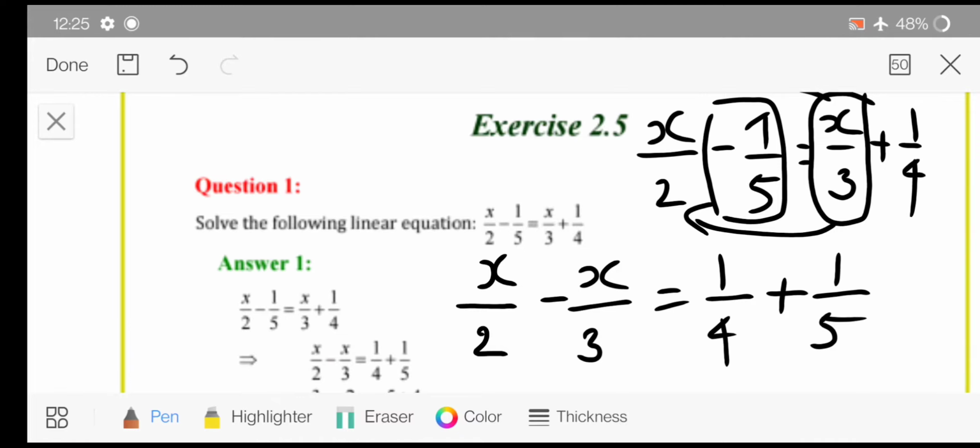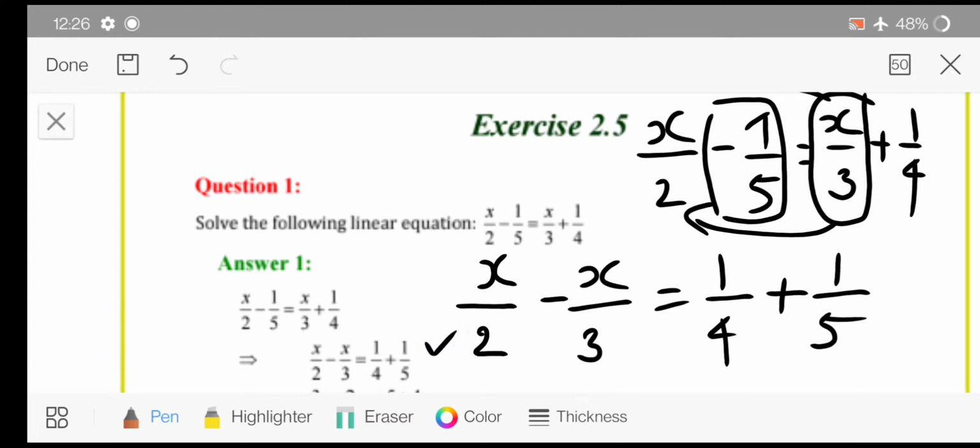Now what is your next step? The next step is the concept of fractions. क्यों concept of fraction? Because if I want to add or subtract, then they must be like fractions. अब ये like fraction क्या है? Like fractions means their denominators must be the same. Okay, so we will make them the same if they are not. So let's begin with this.